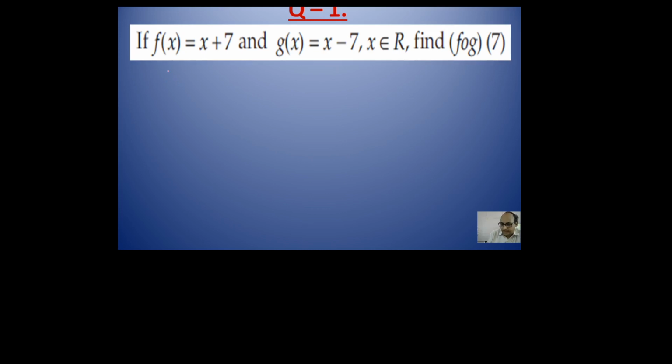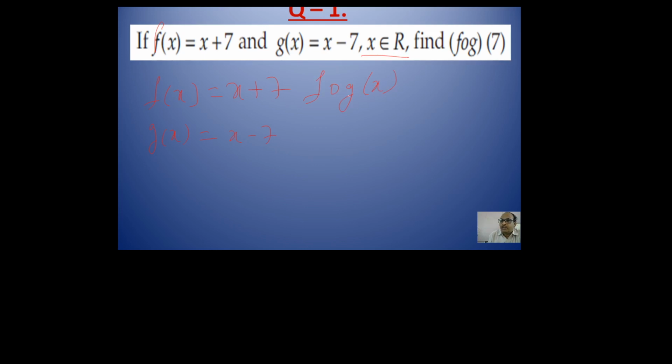So the question is, we are given f(x) is equal to x plus 7, and then g(x) we are given x minus 7, whereas x belongs to real numbers. Okay, we need to find